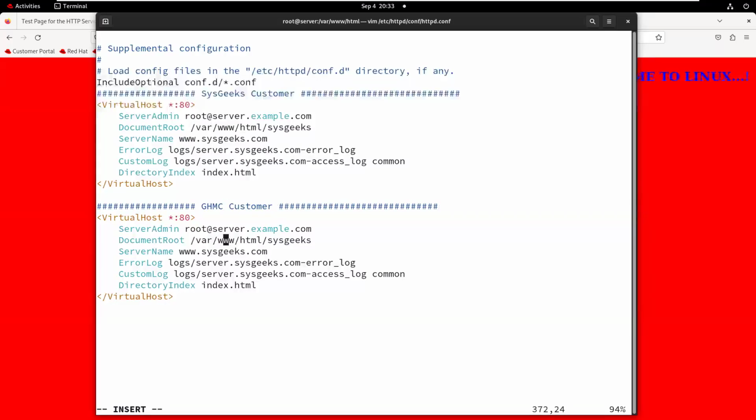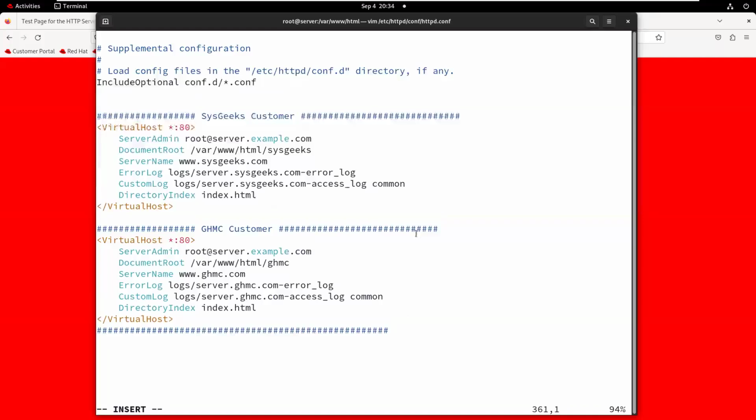For this customer, I want to create one GHMC folder. People run this website with the registered website name of GHMC, but the logs are created with GHMC, and the access log is the GHMC access log. Within the folder, again, index.html. So just assume, for example, I have two customers. The two customers' websites are here. In case you want to host another customer website, in the same way we can copy and paste.